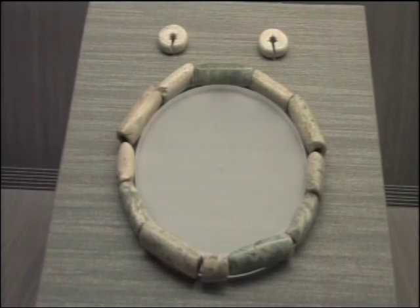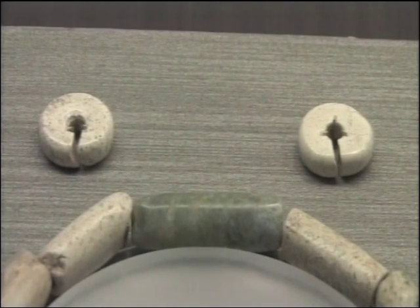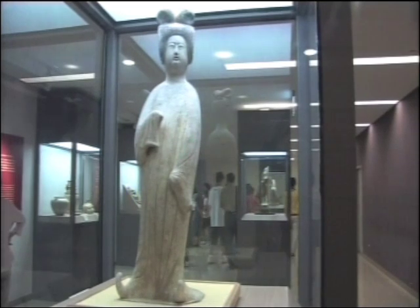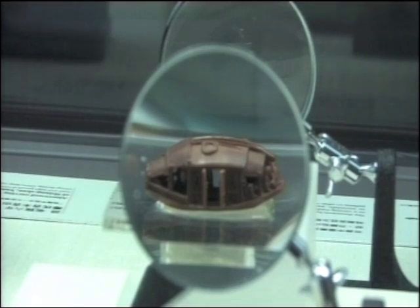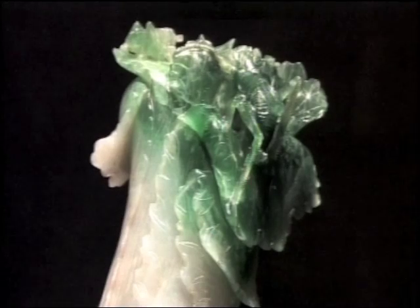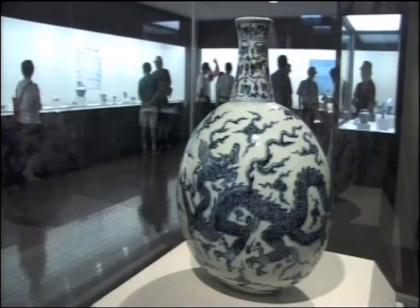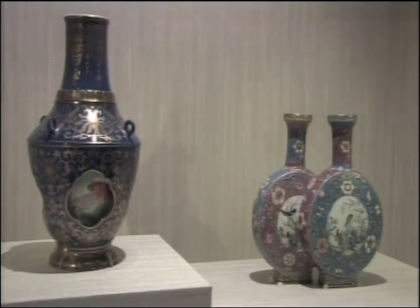The collection's oldest pieces, chunky jewellery made of jade, date back over 8,000 years. There are elegant pottery statues of court ladies from the Tang dynasty, a tiny boat carved from an olive stone. It's even difficult to make out the details through a magnifying glass. And one of the museum's most celebrated pieces, a cabbage chiselled from jadeite, uses the natural colours of the stone to create the vegetable. Ceramics, too, are exquisite, like classic blue and white designs from the Ming dynasty, ostentatious Qing